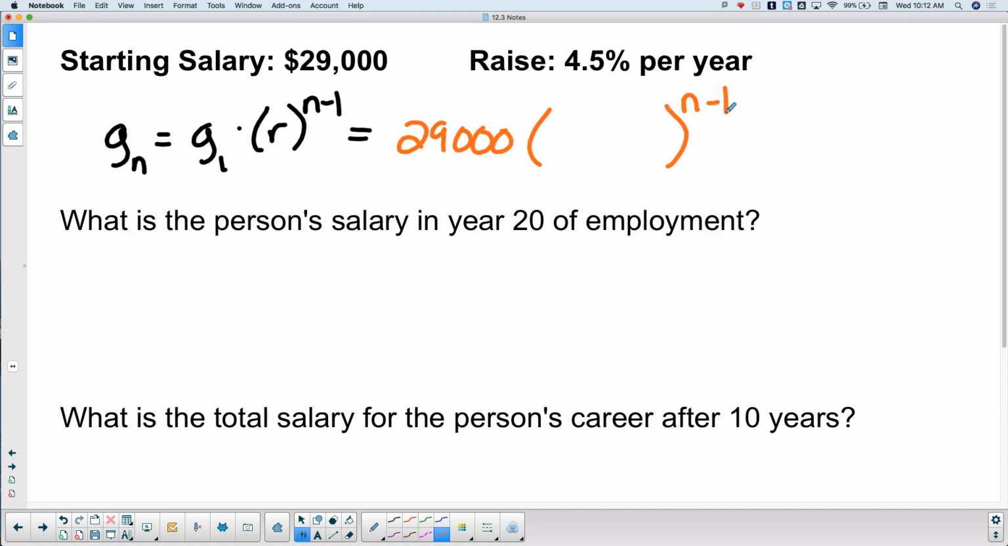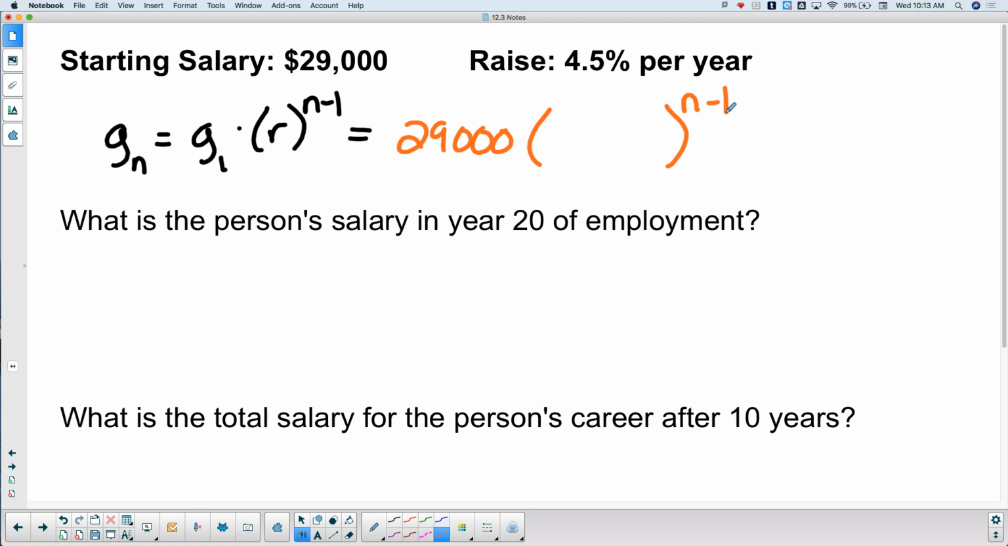What's my R value? Okay, so can't really use 4.5%, but I could use it as a decimal, right? So what's 4.5% in a decimal? Anybody? 4.5% in a decimal? No, that's 45. 0.045, right? Okay. So we're going to multiply 29,000 by whatever my raise is, and that's going to be more,